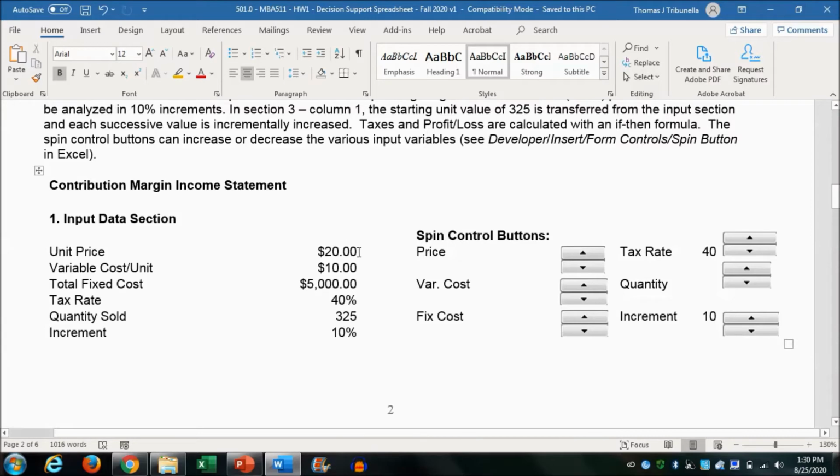What is the input data? The $20 for the unit price, the $10 for the variable cost per unit. Remember, every unit is a date that got arranged. The fixed cost is $5,000. Tax rate is 40%. The quantity sold, the beginning quantity sold, will be 325 units in a month. And the increment is we're going to analyze this business and increase the sales by 10% increments so that we